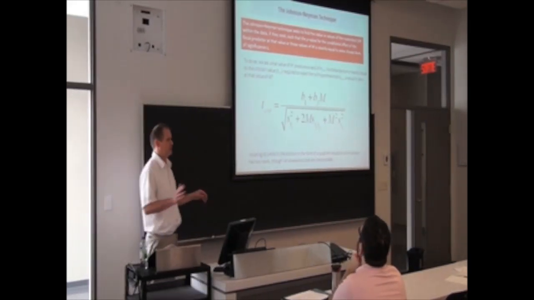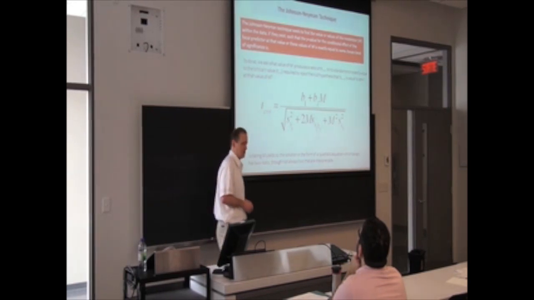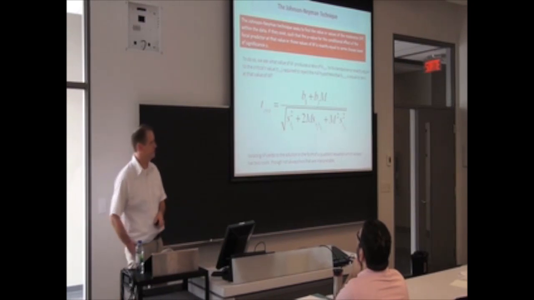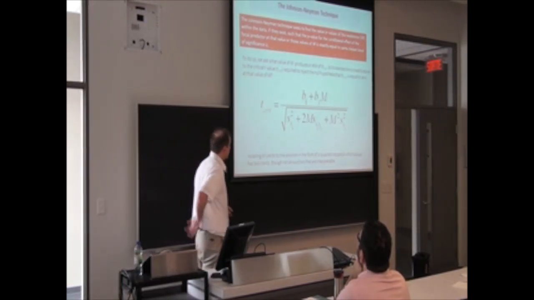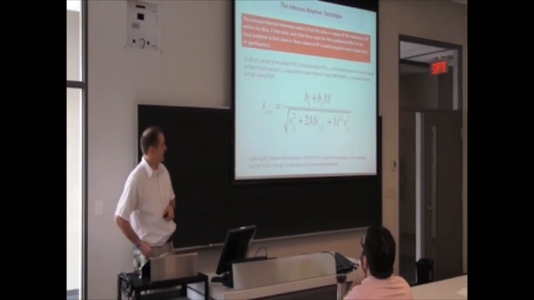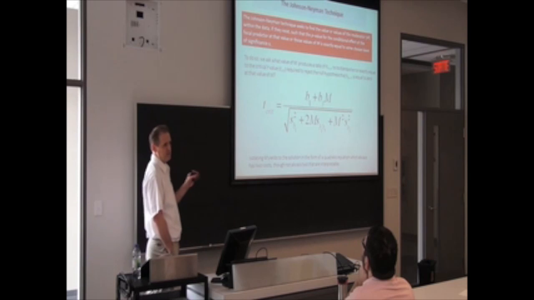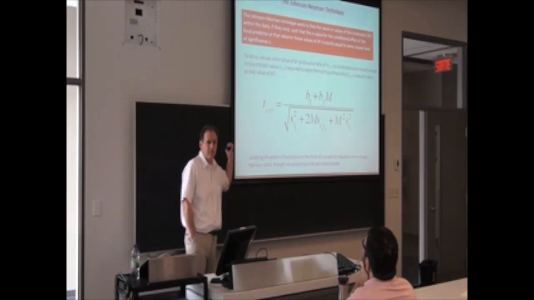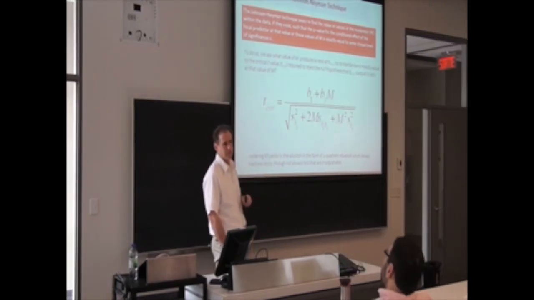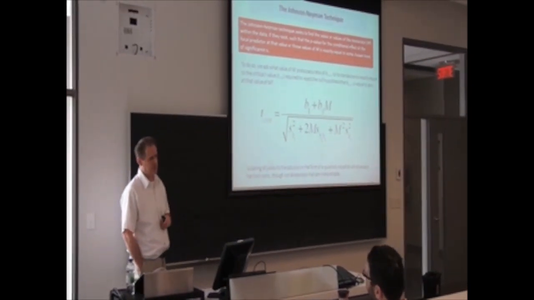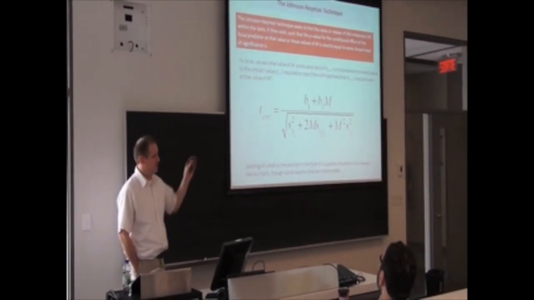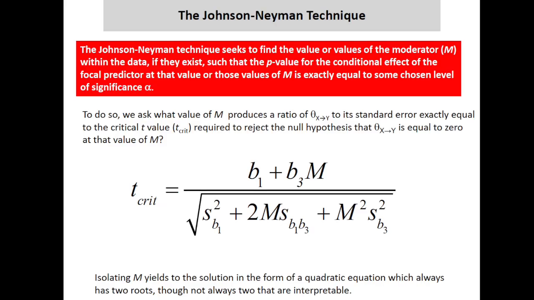The Johnson-Neyman technique, though, has been generalized to any regression model with interactions. That was done in 2005 or 2006, I believe, by a group at the University of North Carolina. And since then, and since I published some work implementing this in SPSS and SAS in a 2009 paper, it's caught on. Once you come to appreciate it and then see how easy it is to do, this will probably be what you do in the future. Since 2005, 2009, somewhere in that area, we've seen more and more people doing this. Anyway, let me describe it, and then you can get excited about it. I'm already excited about it.